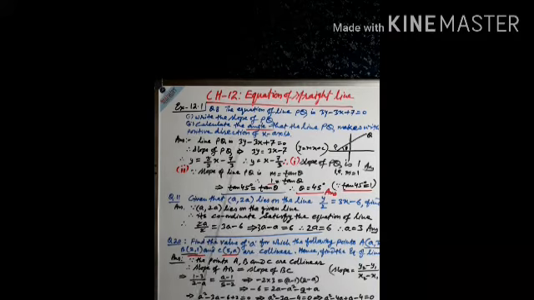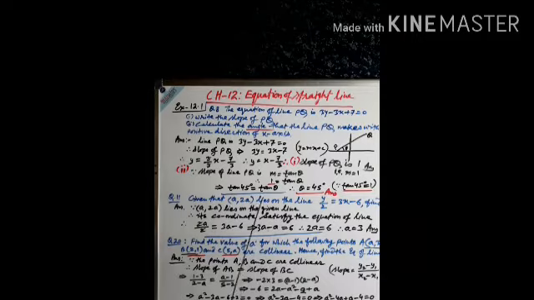Okay, now you have to find the angle PQ is making with the positive direction of x. So here, since slope of the line PQ is m equal to tan theta, this is the slope of line is given by m equal to tan theta. So what is the value of m here? You got value of m is 1, so therefore in place of m you write 1 equal to tan theta, and 1 is replaced by tan 45 degree, because tan 45 degree is equal to 1. So in place of 1 we will write tan 45 degree equal to tan theta, therefore theta equal to 45 degree. So this is the answer. So the angle made by PQ with the positive direction of x-axis is 45 degree.